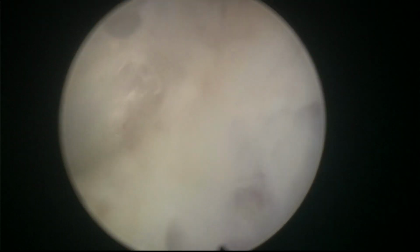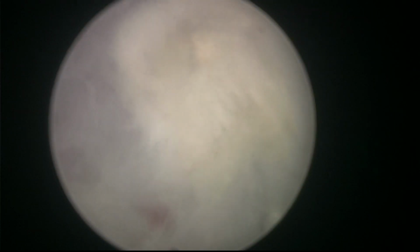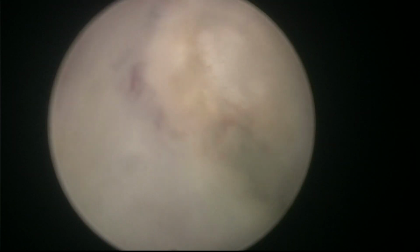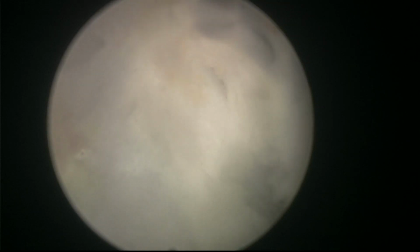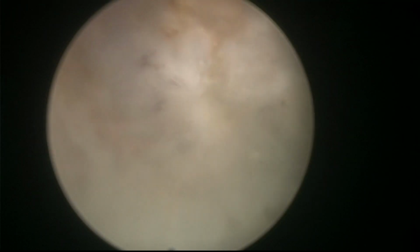I'm coming up, all the way up here. You see, in some moments, I might not be seeing what the fiber is doing, but I know exactly where I am. So I'm quite confident to work even when I don't see the fiber for a little while. Sometimes, if you are always trying to see the fiber and what it does, maybe it's going to be much more difficult. So you see, this is the beauty of the circumferential dissection of the en bloc approach,